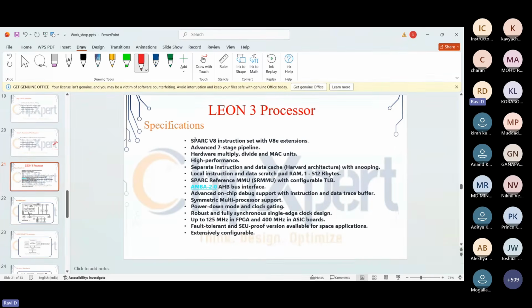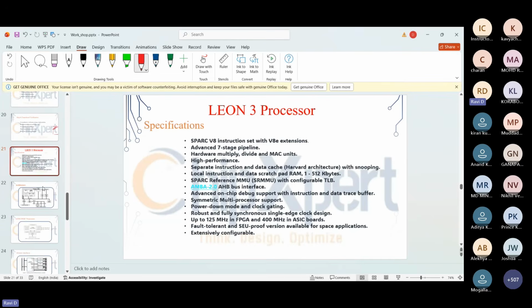In FPGA boards, we take the design and dump it onto the FPGA board, or else if you want, we can also make it in an ASIC. And we'll come to the applications of these. We are going to use this in spacecraft, military appliances, or embedded systems. Mostly we use this processor in these applications.